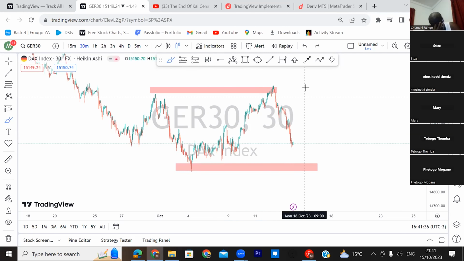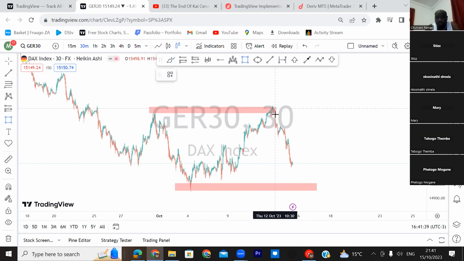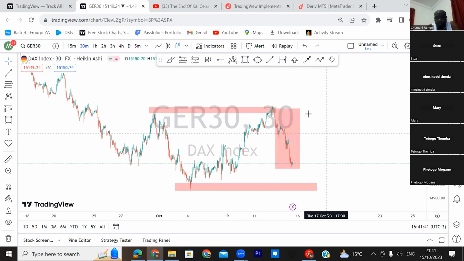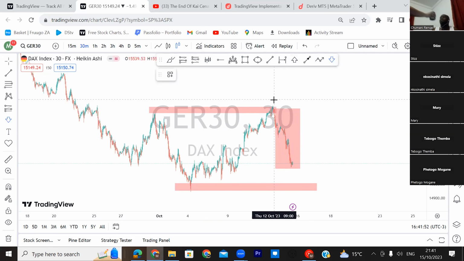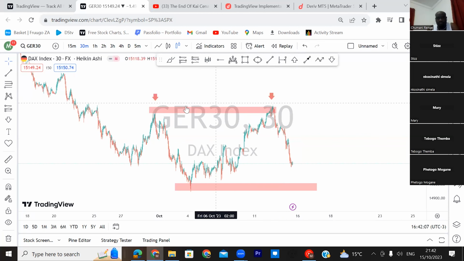So let's say this sell-off hasn't formed yet. So let's just pretend that this hasn't formed, and we're trying to look for sells when the price reaches this nice double top, right? So we want to sell at this double top. So how we're going to go about the sell is, first thing, we need to see how the price gets to the second leg of the double top. Meaning,